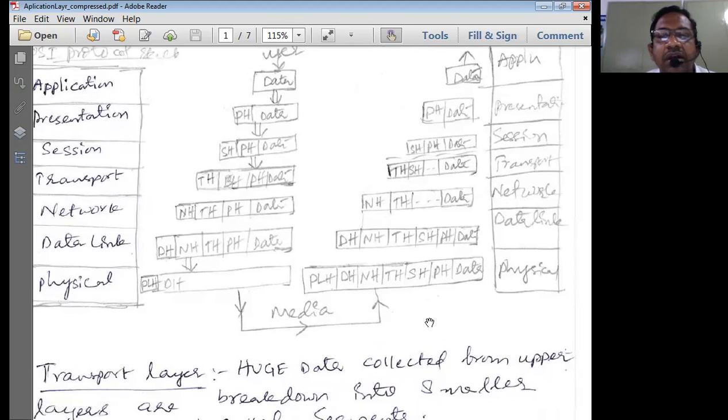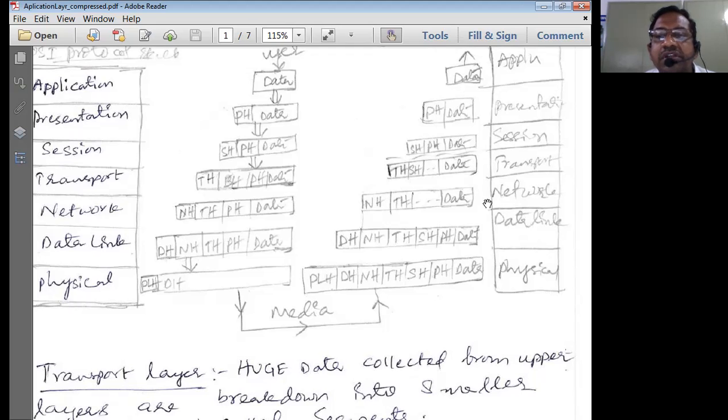So this entire data with the physical layer header is given to the physical layer. The physical layer takes the data by stripping off the physical layer header, and the remaining data is given to the data link layer. The data link layer processes this data, and after it strips off its data link header, it gives the data to the network layer.